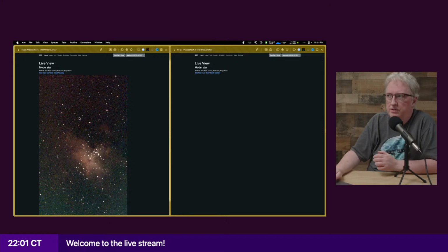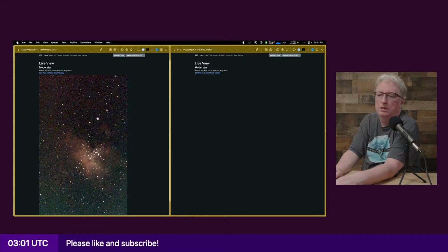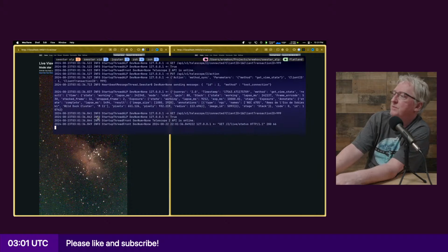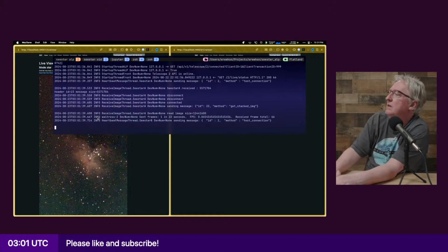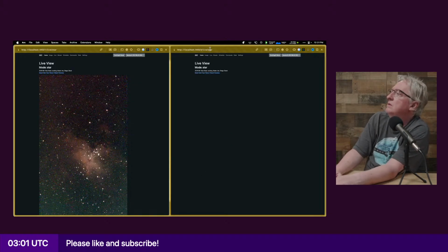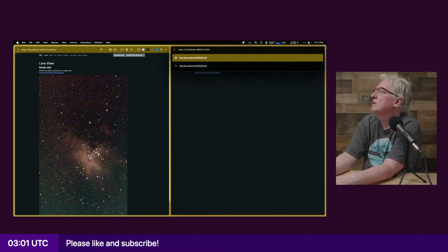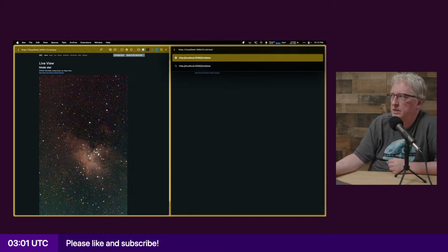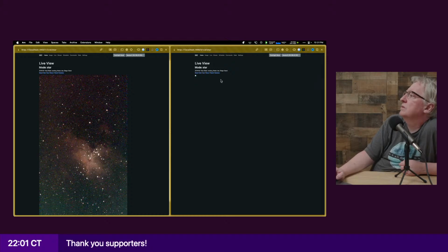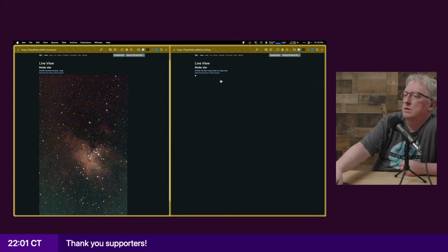So for some reason this isn't loading, so I think I might have to stop it and restart it again. Actually, I'm going directly to the image to see what it's doing.